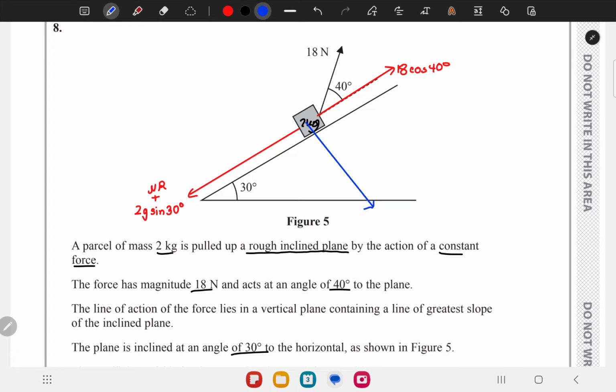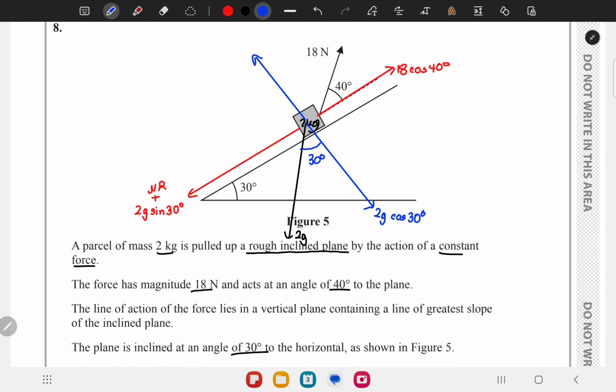This will be 2g cos 30, since we have the weight of this parcel acting with this being 30 degrees. This angle is 90 minus 30. This whole angle is 90, so this is 30 degrees. This is 2g cos 30, this is 2g sine 30. And on